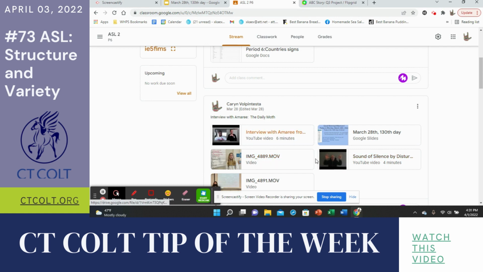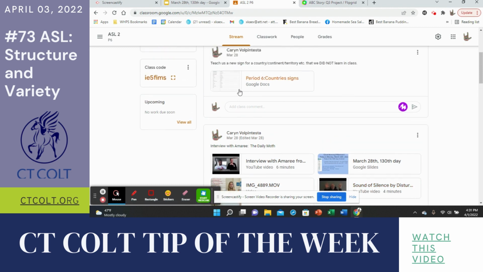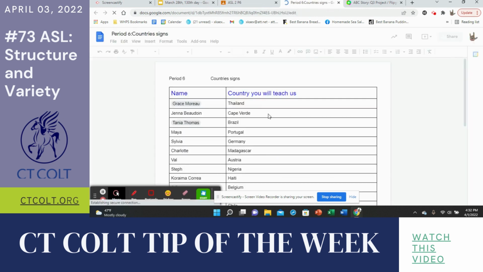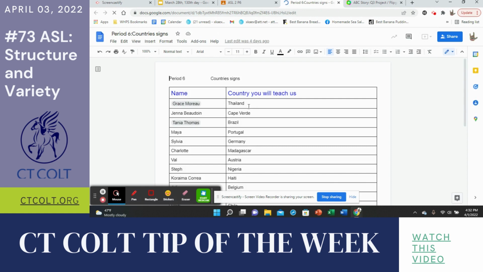I also provide any links to things that we might be using throughout the rest of the week. For the choice piece, whenever I can, I encourage students, in this case, we were looking at countries, territories, states, etc., to think of a place that they would like to come up and teach us